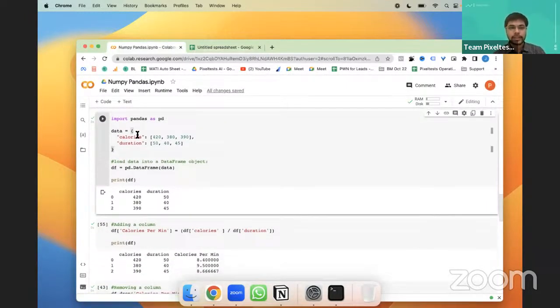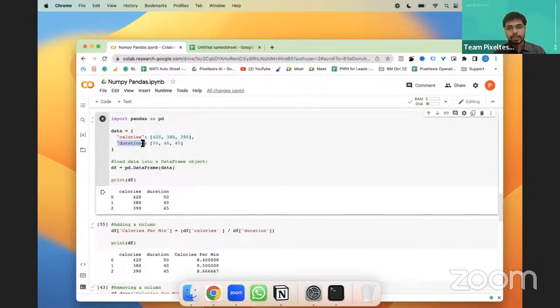Like how we did for dictionaries, we are going to do data is equal to flower brackets, then say calories. Now calories will become the column, right? Then it has 3 items in it, 420, 380, 390.